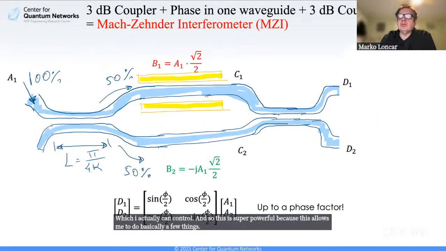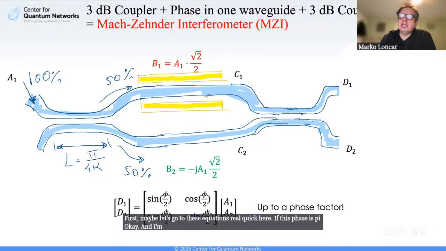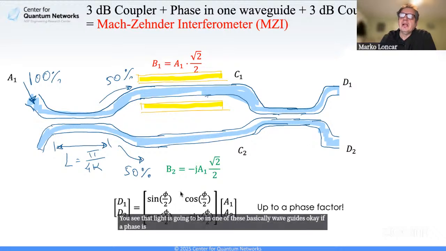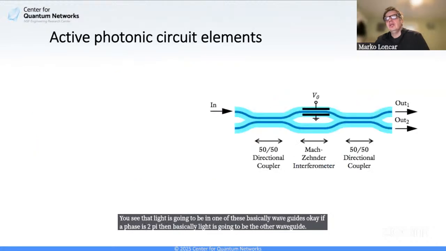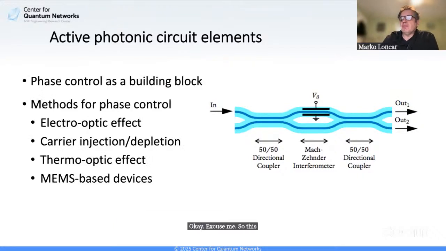First, maybe let's go to this equation real quick here. If this phase is pi, and I'm feeding light, A2 is 0, for example, you see that light is going to be only in one of these waveguides. If the phase is 2 pi, then light is going to be in the other waveguide. So this can now be used to make various types of modulators,